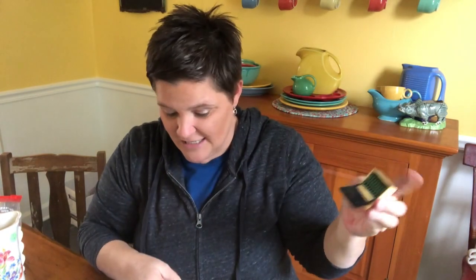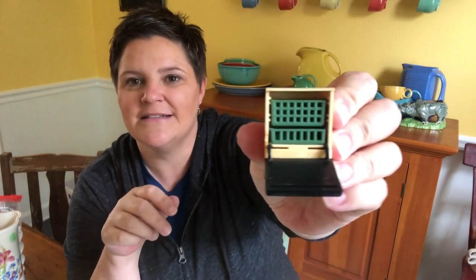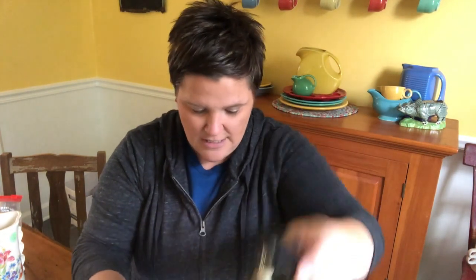And I think I did clean these up a little bit, but I forgot. I'm gonna try this pen and see. They're on like tracks, so I feel like these little baskets pull out because they're sitting on little tracks, but I haven't really played around with them, and I don't want to break them, or lose those little baskets. So there is a dishwasher, there's an espresso machine, there is a teapot, there's a little blender,